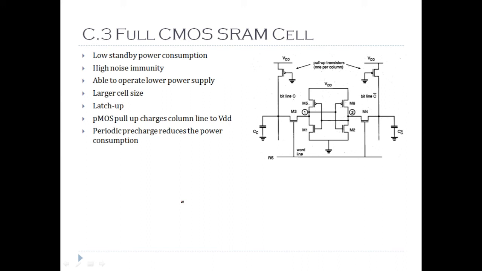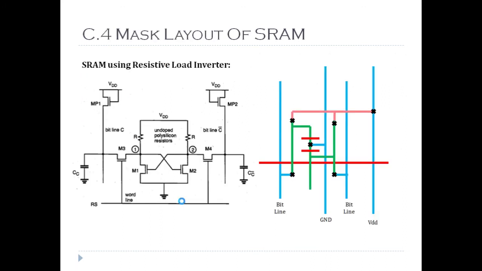So of course there are a few downsides of this circuit, but these downsides can be restricted or prevented in the circuit, and they cannot overshadow the advantages that this type of SRAM cell possesses. So these are widely used in the memory for fabrication. I hope you understood this.